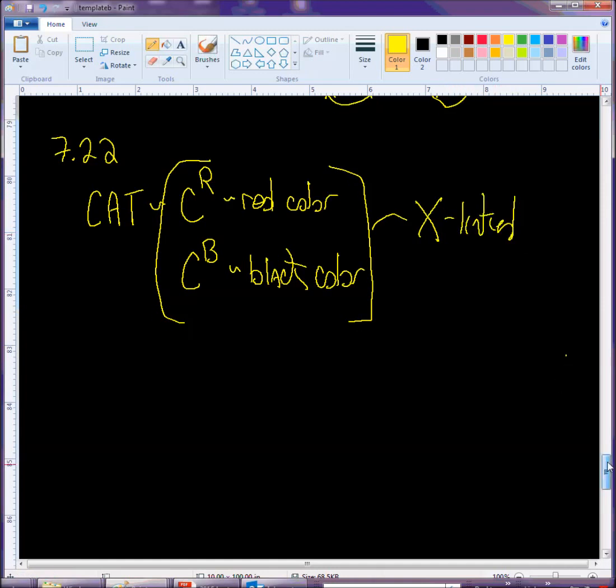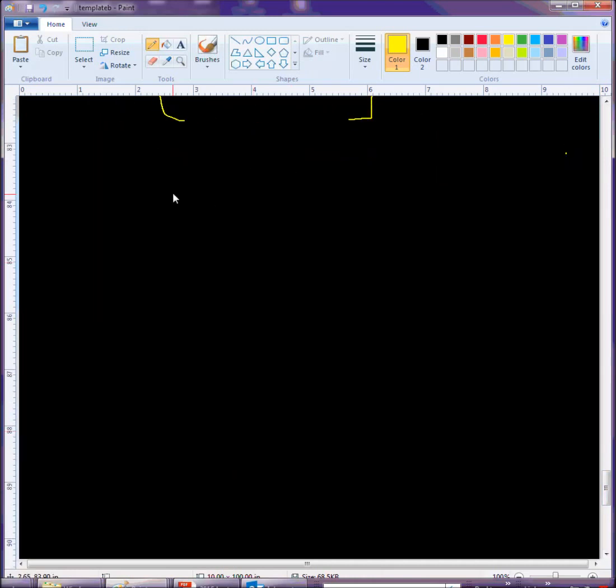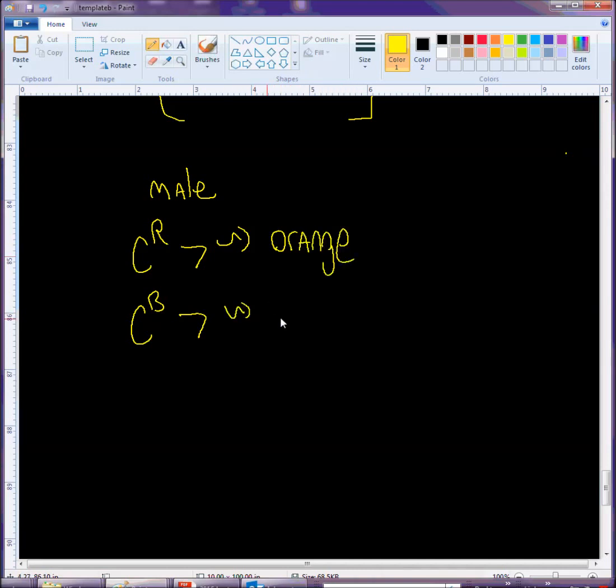And as a result, our male genotypes can be CR with a Y chromosome, CB with a Y chromosome, and that's it. And these males here are always going to be that red-orange color, or maybe they have the orange base. But okay, so red or orange, and these are always going to be black, so they're never going to be orange and black, like a calico or tortoiseshell. So females, however,